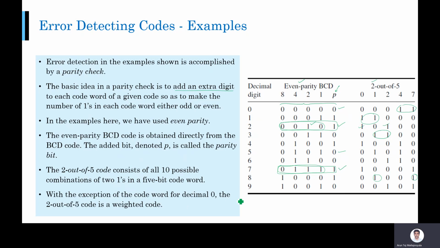With the exception of the code word for decimal 0, the 2 out of 5 code is a weighted code. The weights are 0, 1, 2, 4, 7. Except for this one, all the other code words are obtained from the weights assigned here. So in that sense it is not exactly a perfect weighted code. If you remove the exception, it's a weighted code.